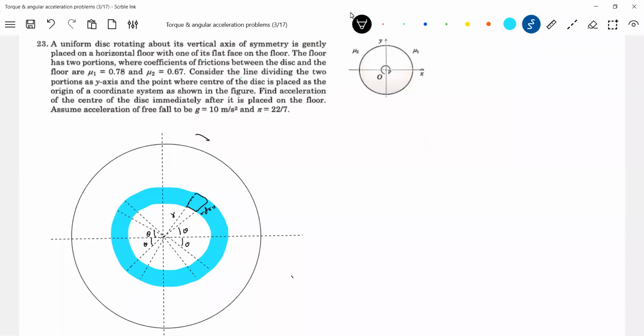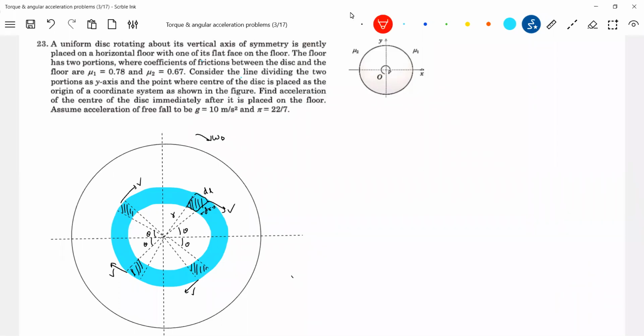How is the angular velocity? Let me show that as omega not here. So let this be dl. Let me shade this particular strip like this. Again, in the strip I'll assume an element like this. Now how will the velocity of this element be? What is the linear velocity of this element? The linear velocity of this element will be like this.